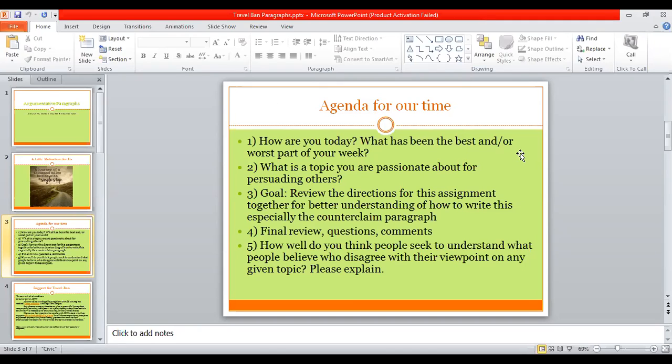I'm good today. The best part, I don't have a best part of my week. I didn't do much this week. Just kind of an average week, would you say? I didn't do anything this week besides schoolwork. Yeah. How's your schoolwork been for you this week? I've been a little distracted this week. Well, really for the past few weeks. I recently just got out of the hospital.